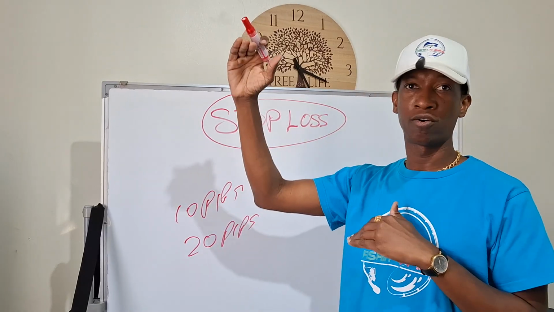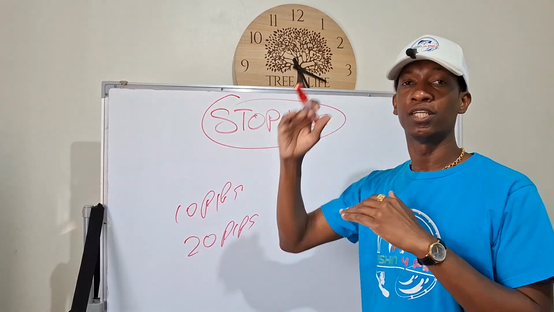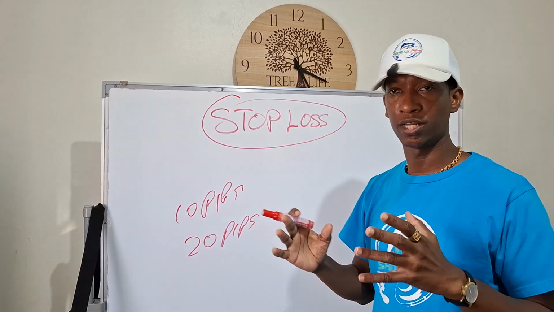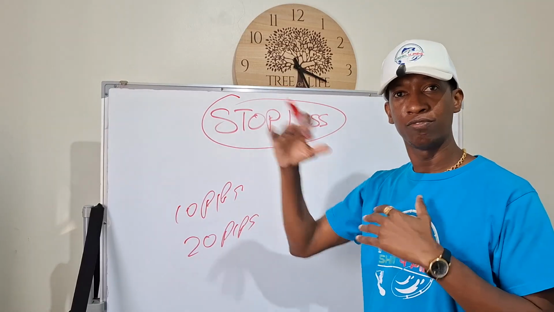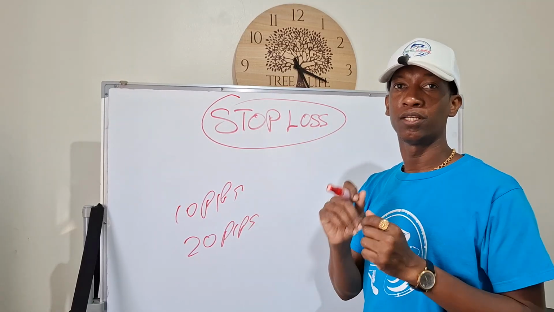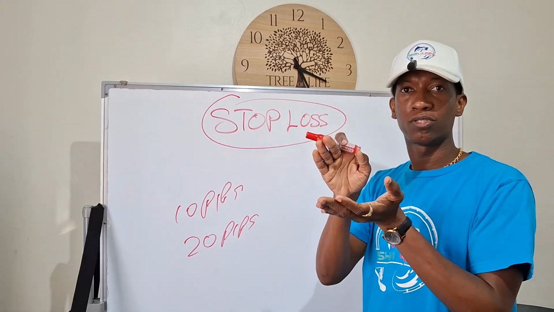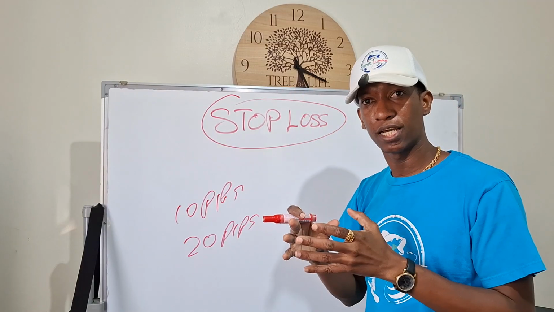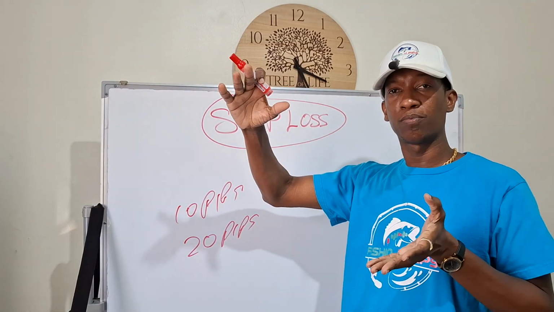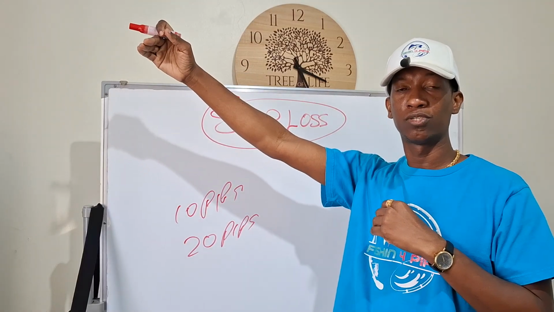You can go 1 ADR outside of your entry. You can go a whole ADR and a half outside of your entry. You need to leave room for fluctuation, right? The market is a fluctuating tool. You need to leave room for that. You cannot be placing big lot size and tight stop loss to limit your risk. You can use small lot size, use wider stop loss, and still make decent money.